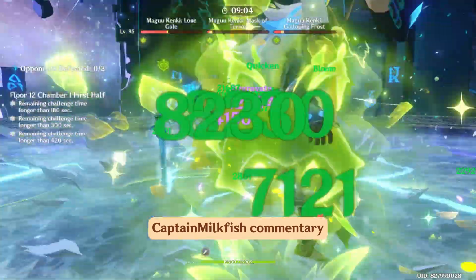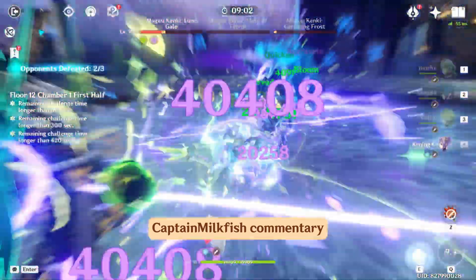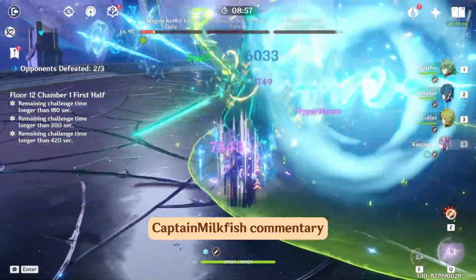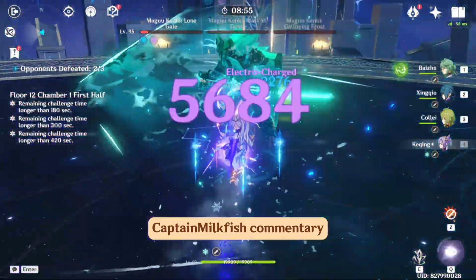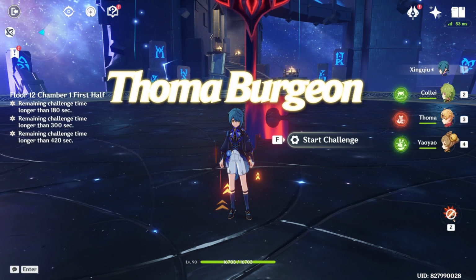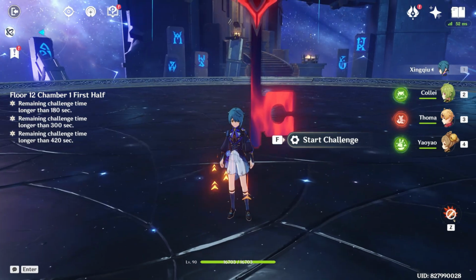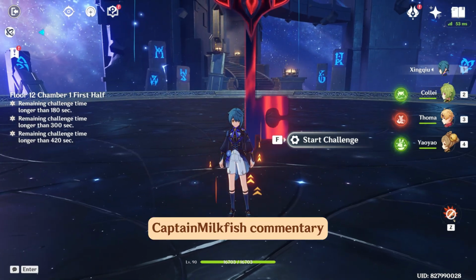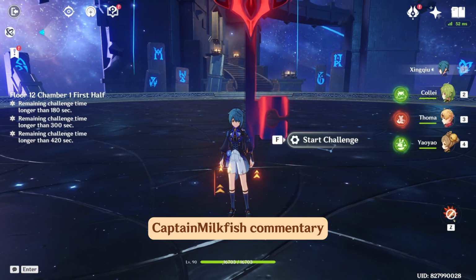If you don't have Baizhu, that's perfectly fine. You could always substitute Dendro Traveler, Yaoyao, or even Nahida just to add that additional Dendro application. Number 2. Thoma Burgeon: Xingqiu, Collei, Thoma, and Yaoyao. Number 2 is my personal favorite, Thoma Burgeon, where you start off with